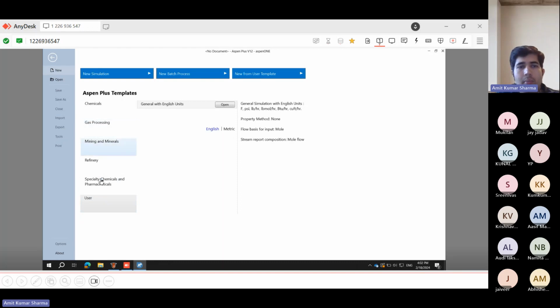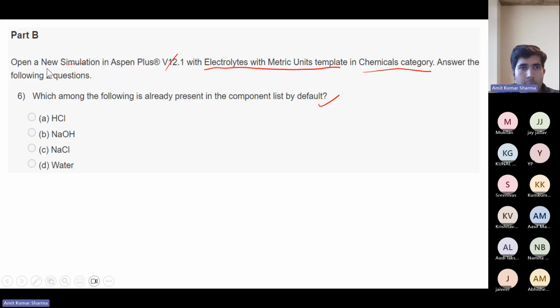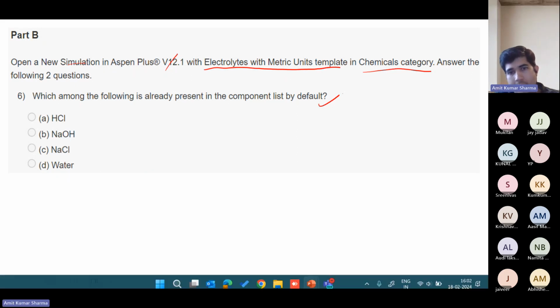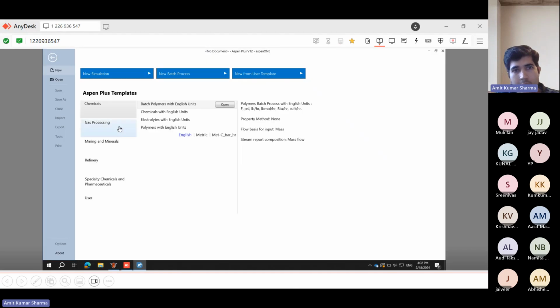As mentioned in the question, open a new simulation with the electrolytes with metric units template in the chemicals category. So the category is chemicals. Now I think you can do this. Yes, sir, thank you.